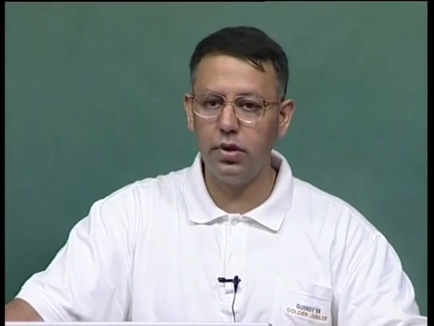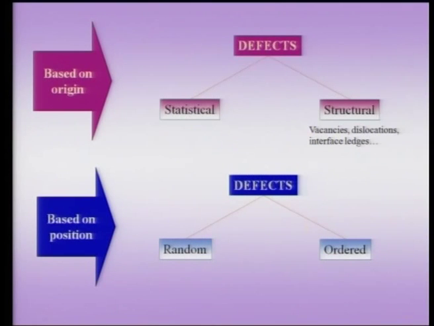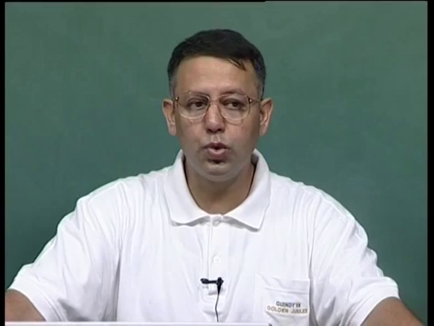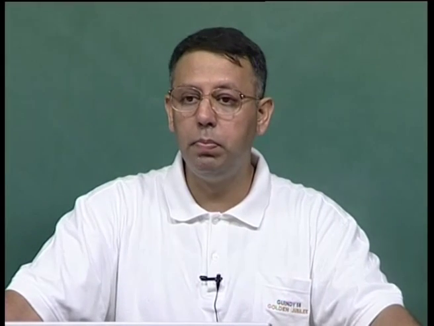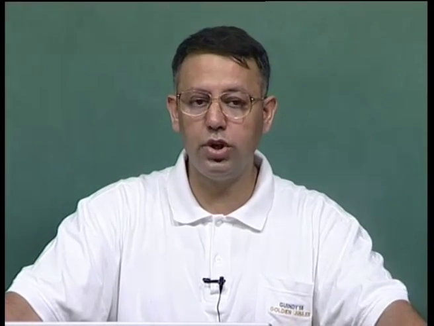And beautiful examples we will consider later of defect ordering would be stacking fault ordering, which could again alter the crystal structure. We have to remember that this is based on position, and once a defect gets ordered, it cannot be treated like an ordinary random defect, because it is now going to change your entire crystal structure, and if the crystal structure is changing, obviously the properties are going to change. So, to give a nice example, as I said, the vacancy ordering phenomena, they have vacancy ordered phases apart from vanadium carbide, also in aluminum, copper, nickel kinds of systems,